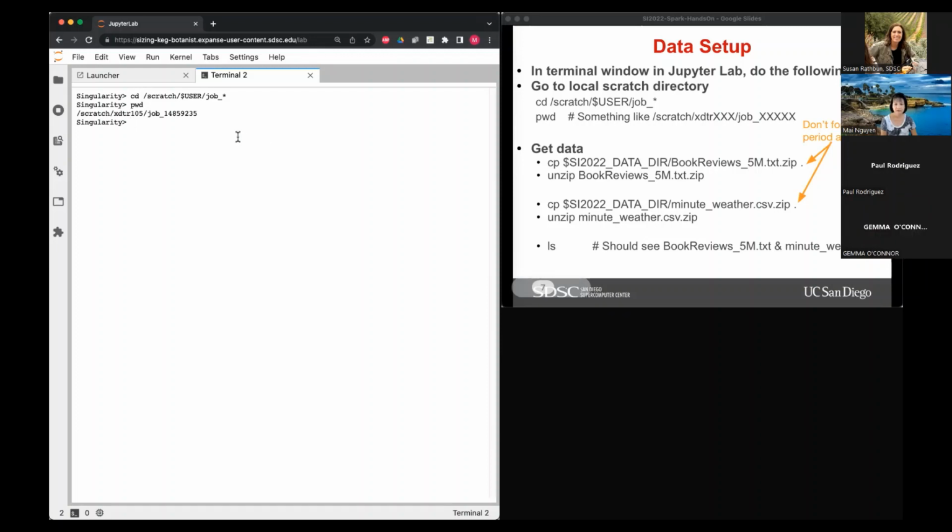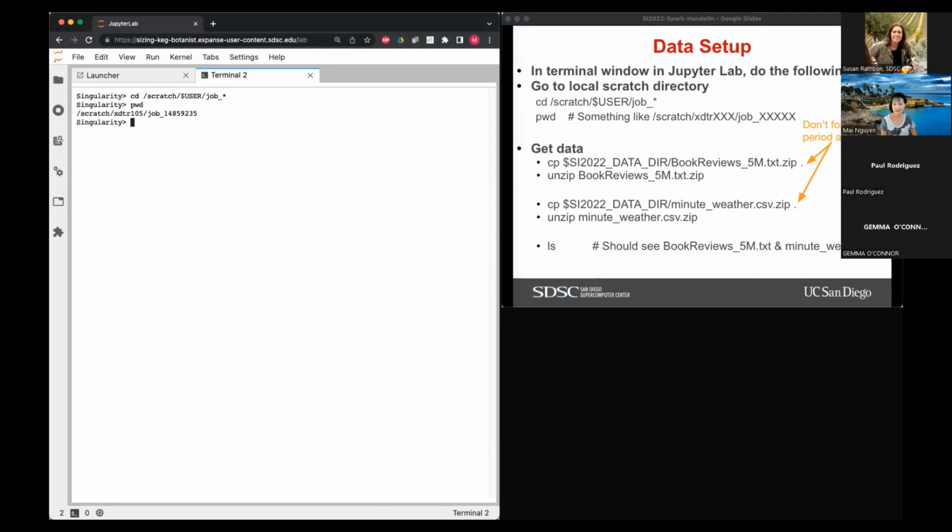Sorry, I don't think I'm doing it right. I'm not sure where to type git pull. So have you cloned the repo? The SDSC repo, the one that you've been using this week. Yes, I think I have.